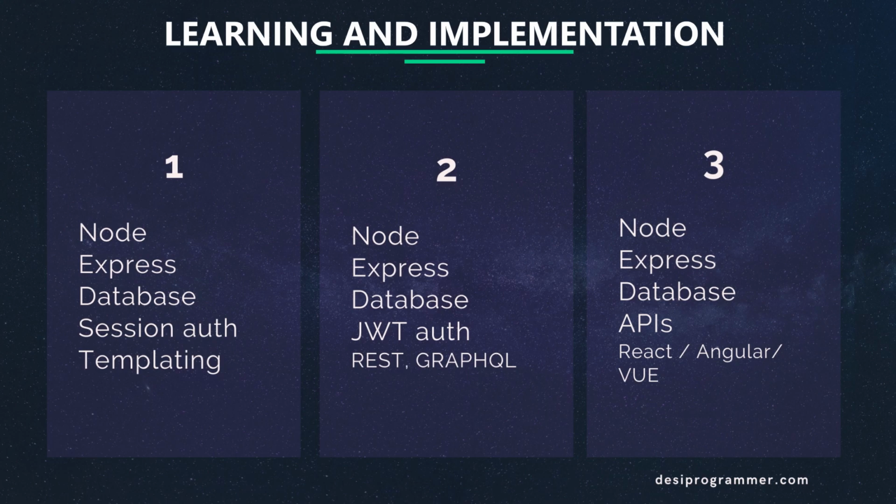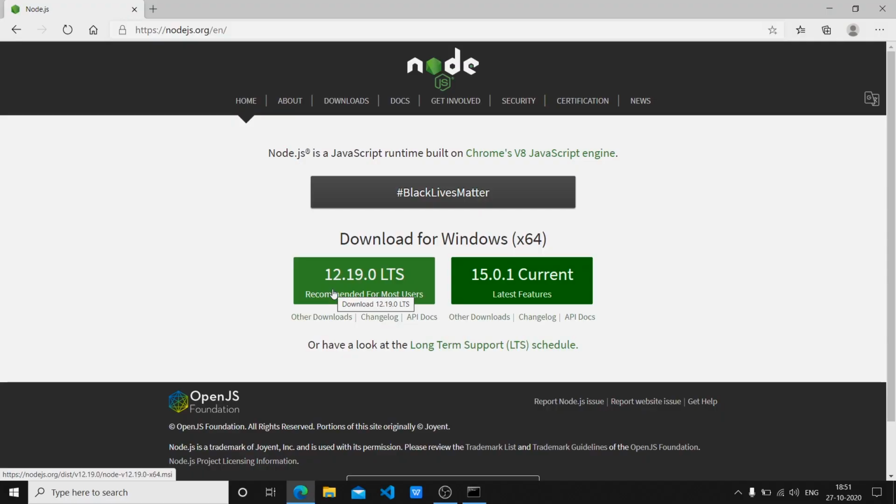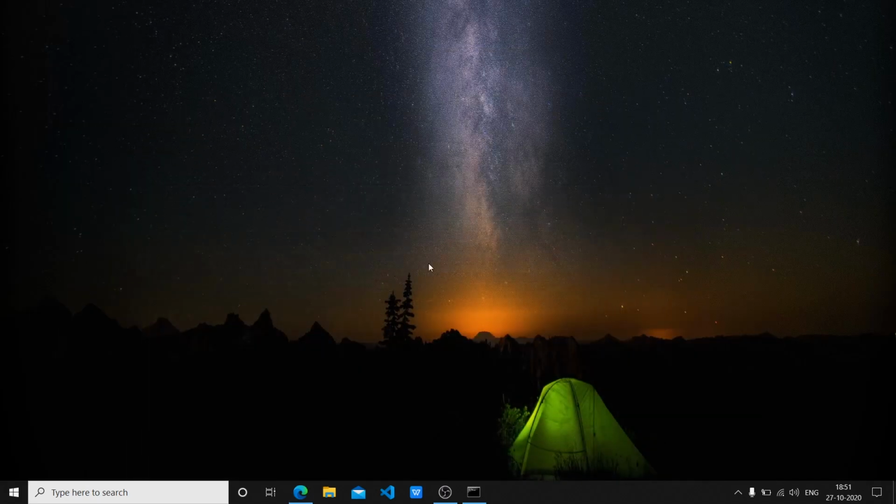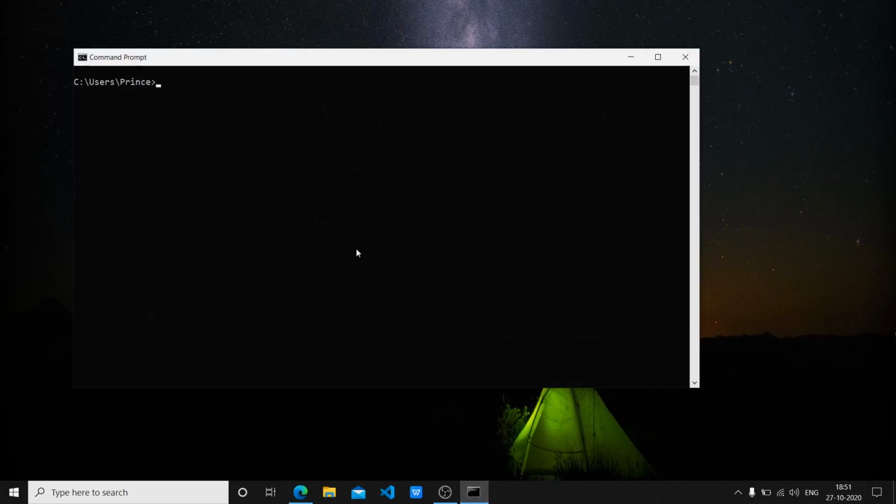I'm not saying that you can't or that you should not. I'm just saying that it will be a long road, and obviously the more basic concepts are clear, the better it is. So anyway, moving forward, let's start writing some code. I think we have talked a lot. Let's keep it in the bottom, and here I have my command prompt.